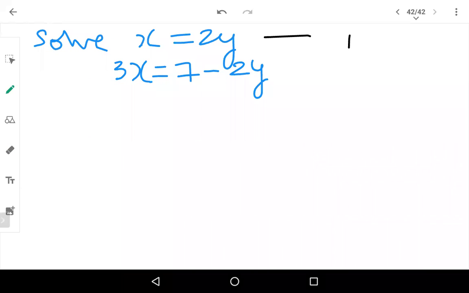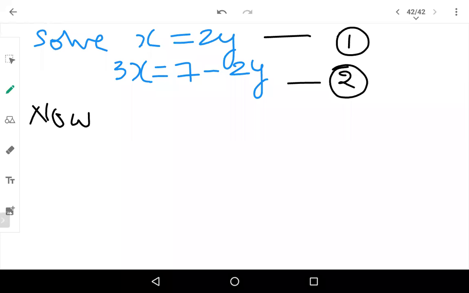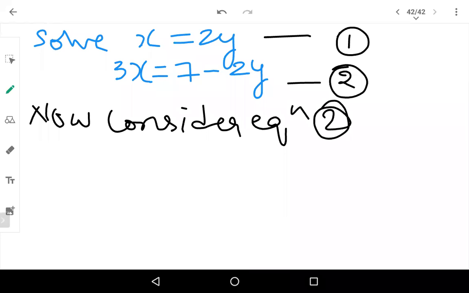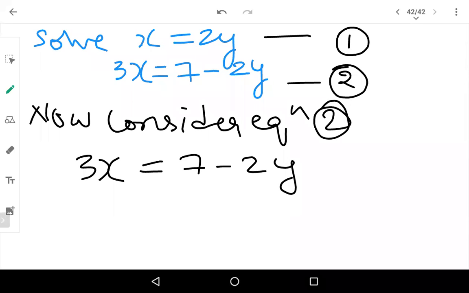So let equations 1 and 2 be this. Now consider equation 2, 3x is equal to 7 minus 2y. We will not change anything. We will take equation 2 directly and we will solve. Okay, you already got the answer. y is equal to 7 by 8. Good, Spurti. Okay, others also keep solving. x is equal to 7 by 4. Good. Lakshmi,